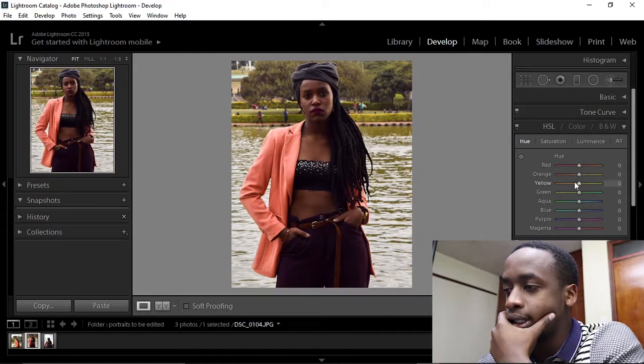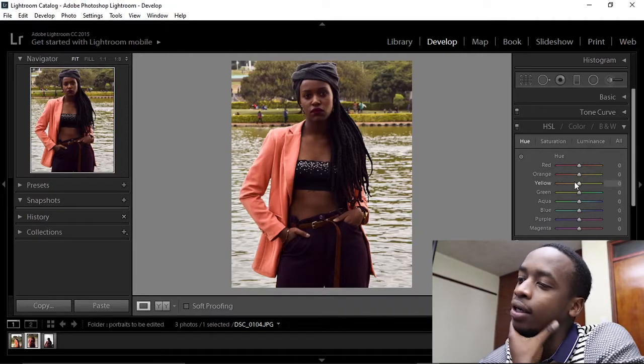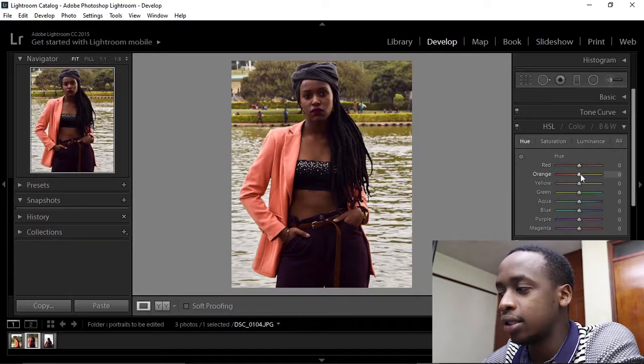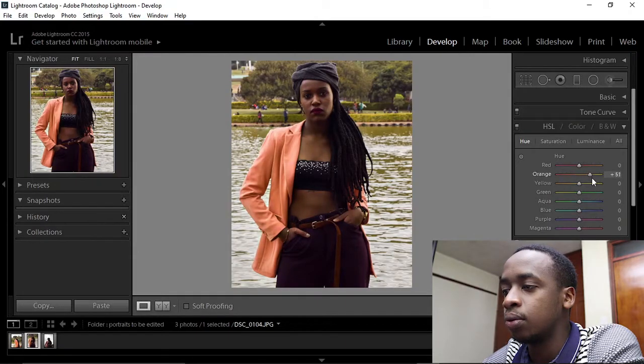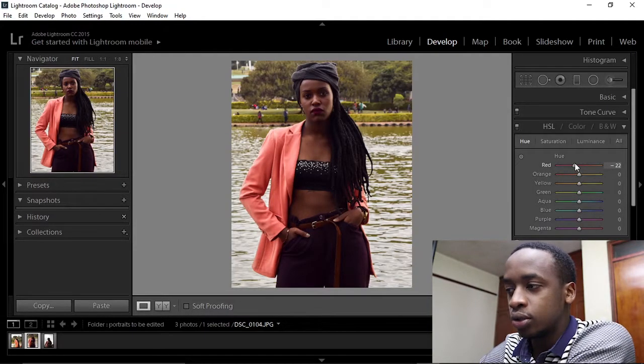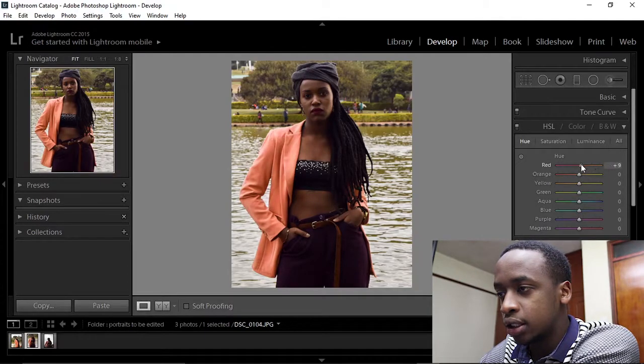So with this picture, I see the blazer is really nice, and we can change its color. When we adjust the orange, it kind of adjusts. So basically it is kind of an orange reddish look, so I am going to give it a pinkish color